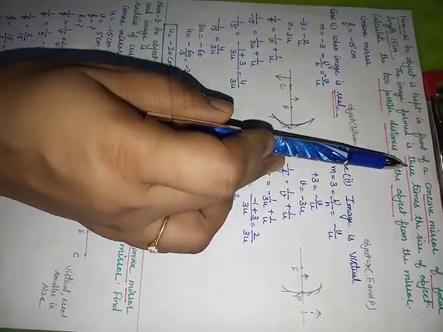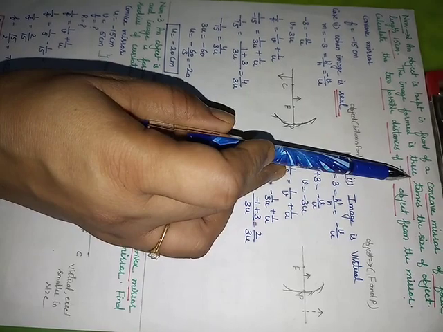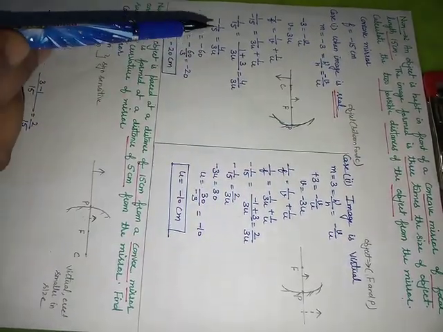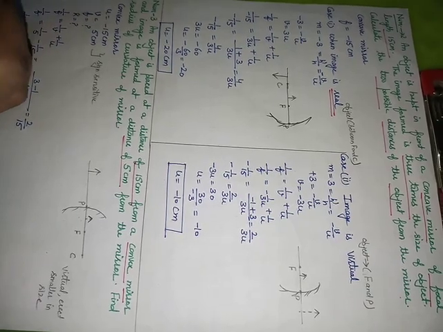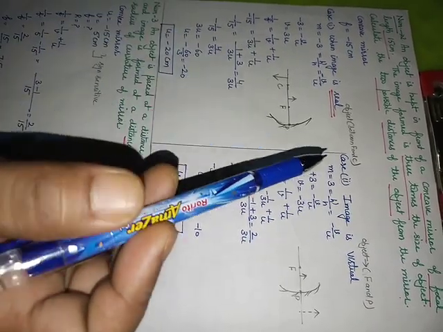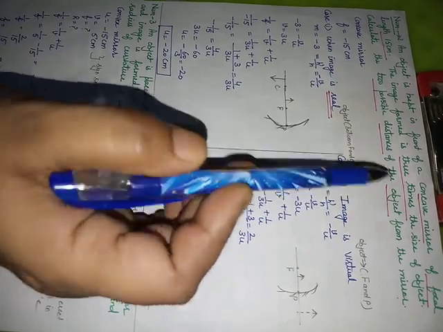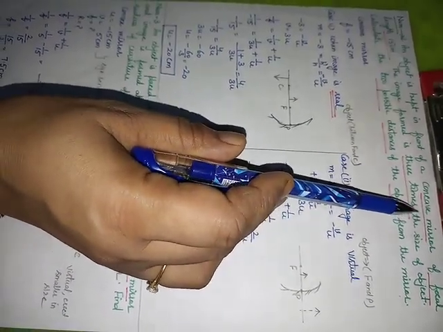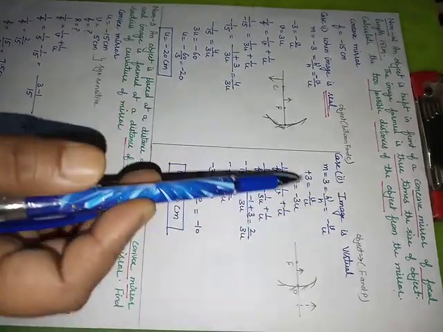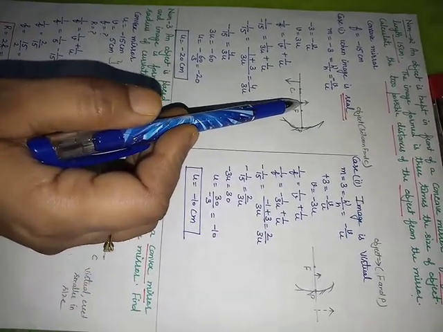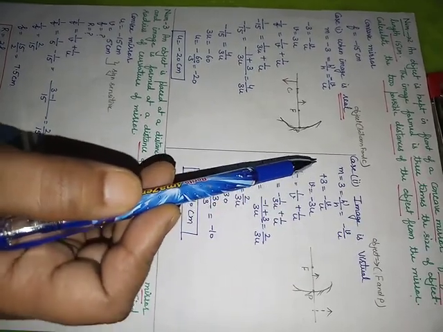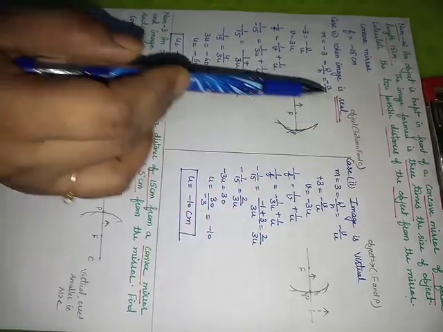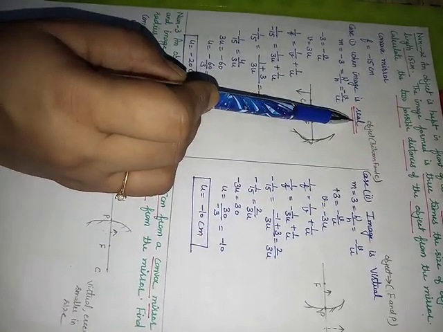Now magnification is given 3, but it is not given clearly whether this 3 is with positive sign or this 3 is with negative sign. Whether the image is going to be virtual or image is going to be real. Because 3 times magnification in case of concave mirror is possible for both the cases, in case of real image formation also and in case of virtual image formation also. So here we have to consider 2 cases. First we are going to consider when the image formed is real.